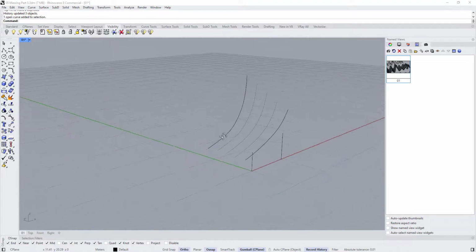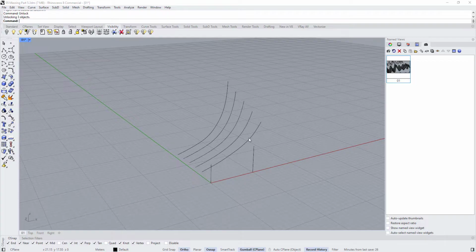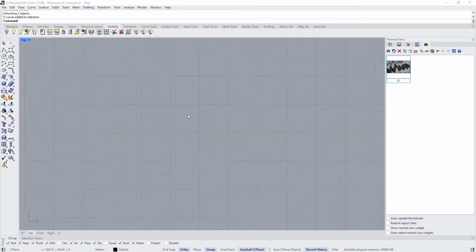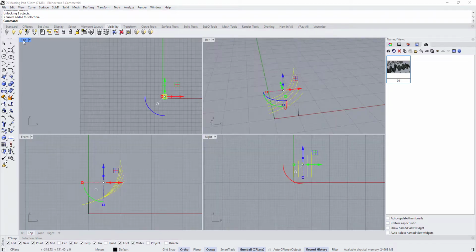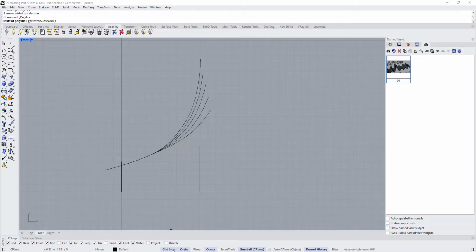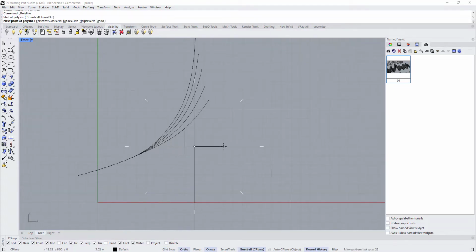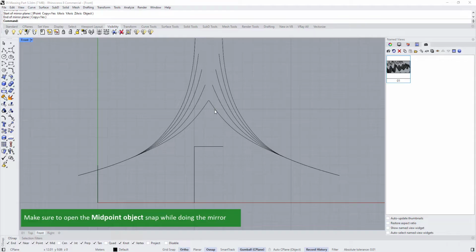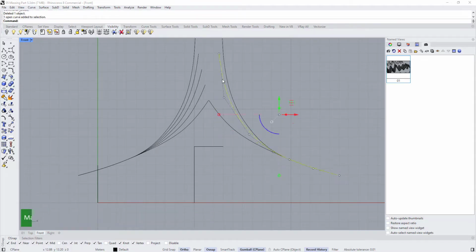Okay, after we adjust the curves based on our design, we can unlock everything, and we will need to copy this curve, so we can go to the top view, or we can go to the front view and maybe draw a reference line here, maybe 3 meter, so type 3, and then click, then left click, select everything and type mirror. I will delete these tween curves